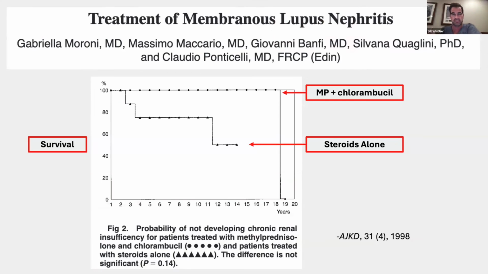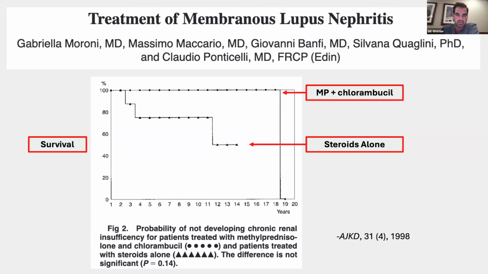So let's go back to, instead of looking at all-comers with the ALMS, let's look at just the pure treatment of membranous lupus nephritis. This was not a randomized controlled trial, and it went back to the Ponticelli regimen, which was one of the first ones that I found, in 1998, showing that he gave them the Ponticelli regimen like he would for primary membranous, as it was called then, where he gave methylprednisolone and chlorambucil versus steroids alone.